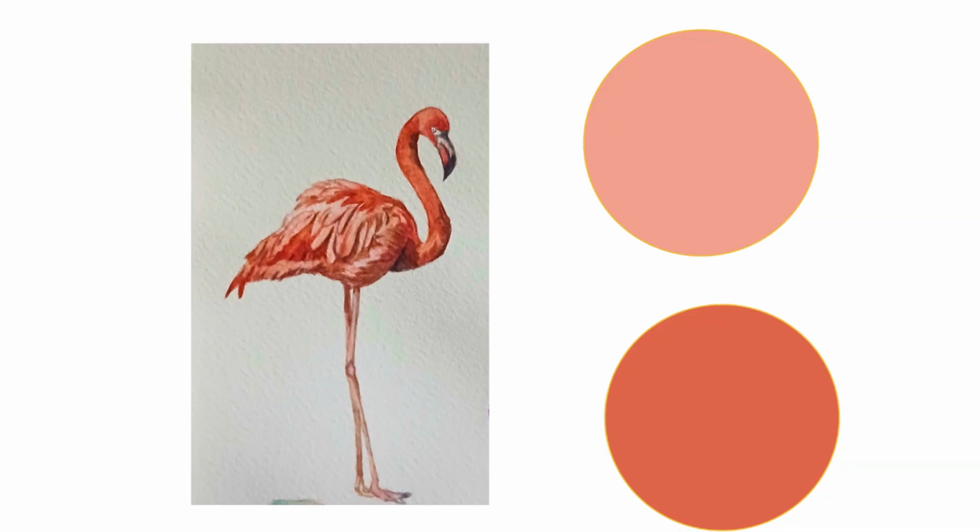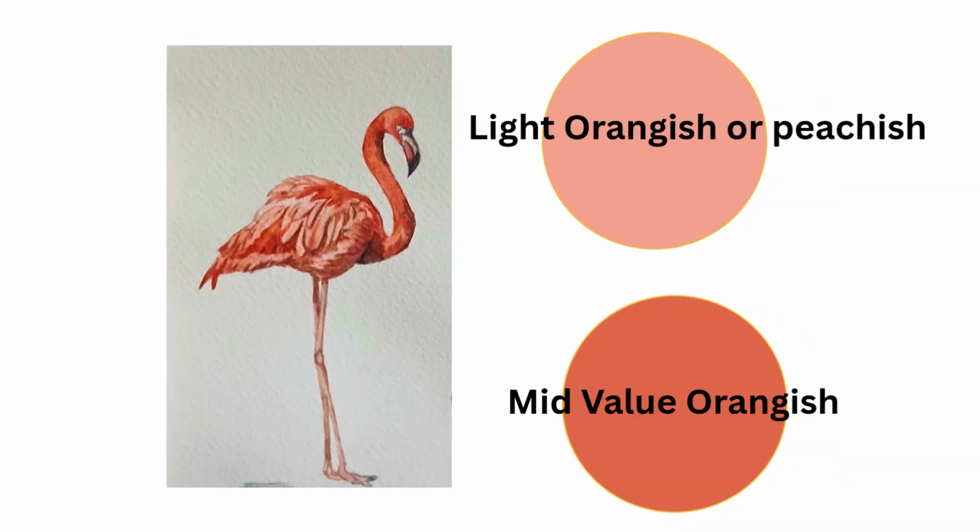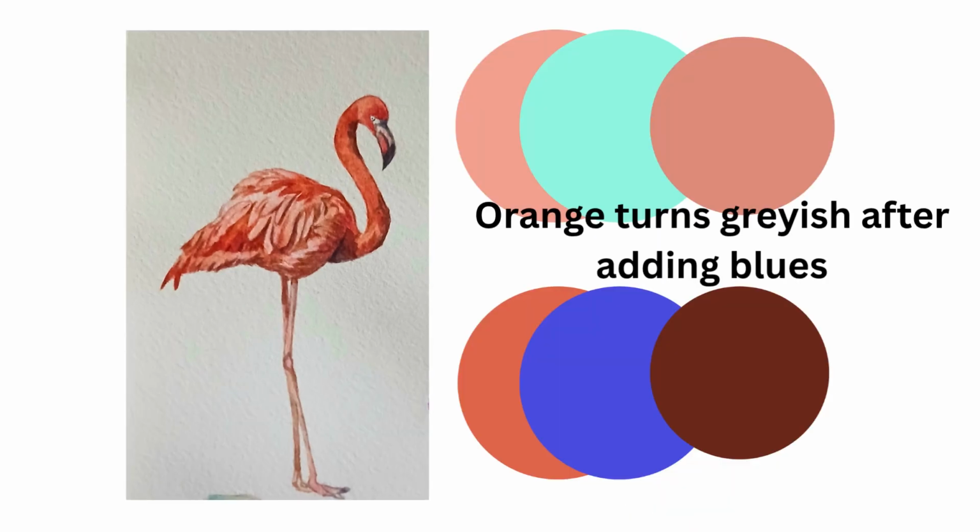So these are the paintings which I used creating light and darker orange, and when I added the complementary colors, the shadow colors in the darkest of the areas, it became like